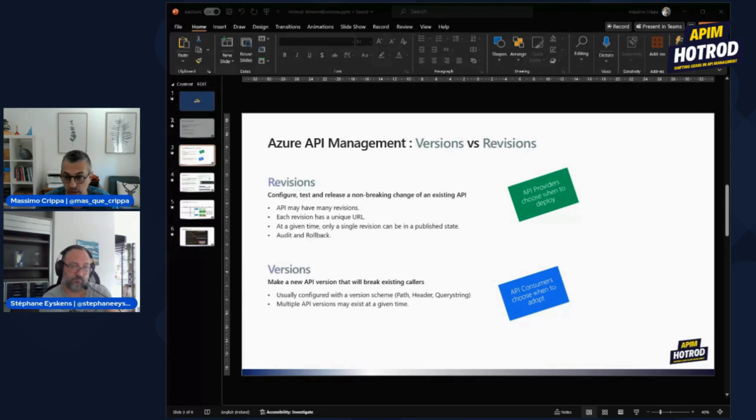Revisions in API management is something that is built on top of versions. While version is a common concept for every API, revisions is something introduced by API management and other, for example, API manager tools. And over there, it allows you to